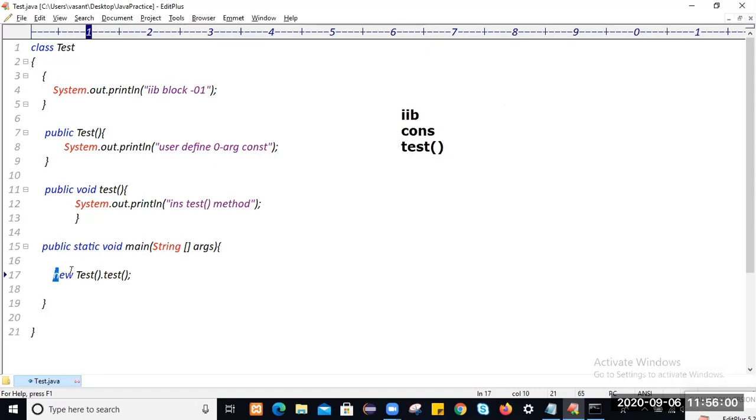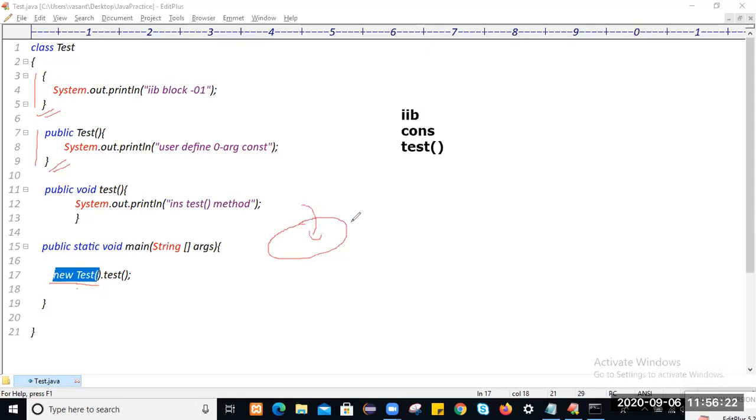The moment the object gets created, first of all it will check, is there any constructor? Yes, one user defined constructor. Is there any block? Yes. Then first the instance block will get executed, and then this constructor will get executed.